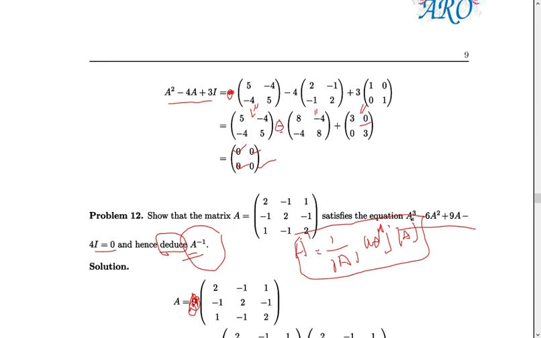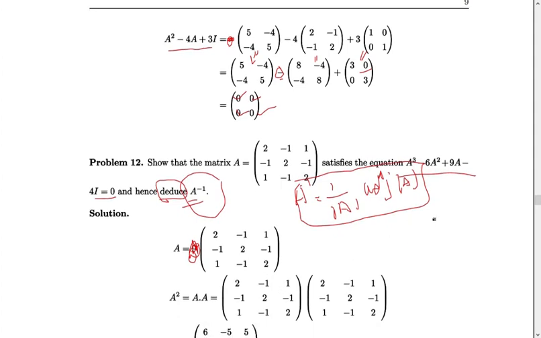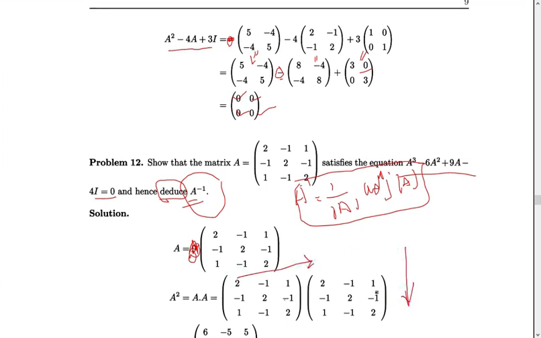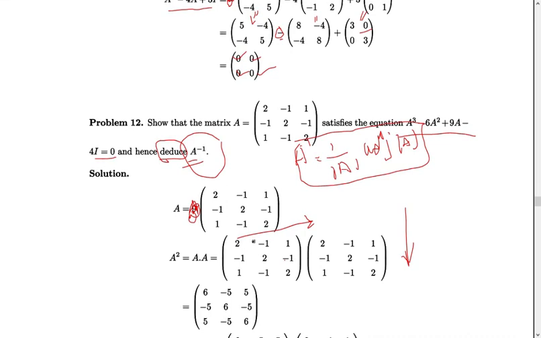We are going to find the value of A cube. For that, first of all, we got to find the A squared. Okay, A squared is equal to A into A. Then we are multiplying this. So matrix multiplication. If you are operating this one, 2 into 2 4, minus into minus plus 1, this one plus 1, so that is equal to 6. Then 2 into minus 1 minus 2, here minus 1 2 minus 2 minus 4, minus 4 minus 1 minus 5. Okay, then 2 into 1 2, minus 1 minus 1 plus 1 3, 3 2 5.